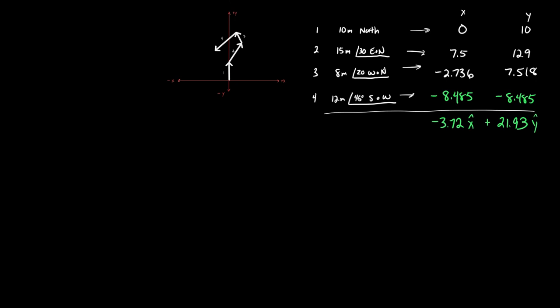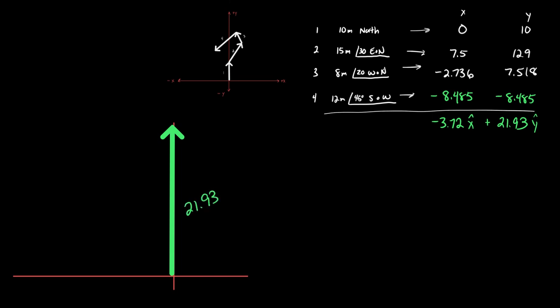So my last step, go back to my still original coordinate system. Based on what I'm seeing there, I'm going to be in the second quadrant, I think. And my components tell me to go upwards 21.93. And over 3.72. Clearly not drawing to scale, but